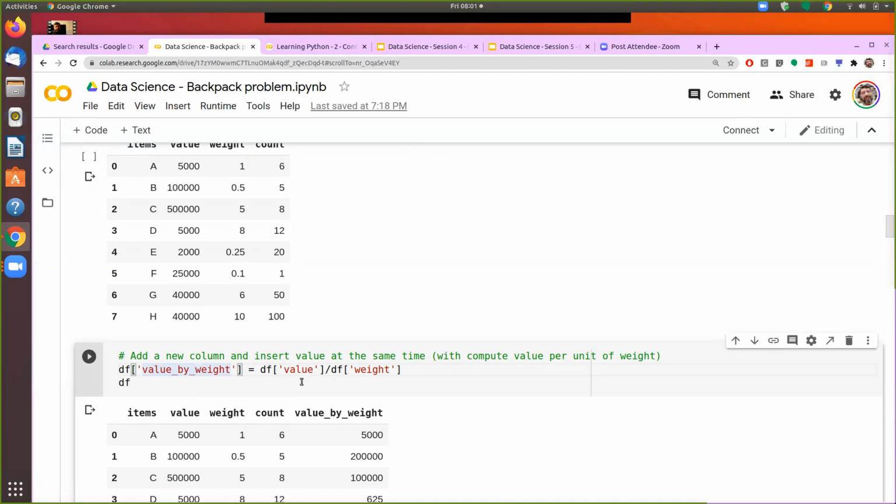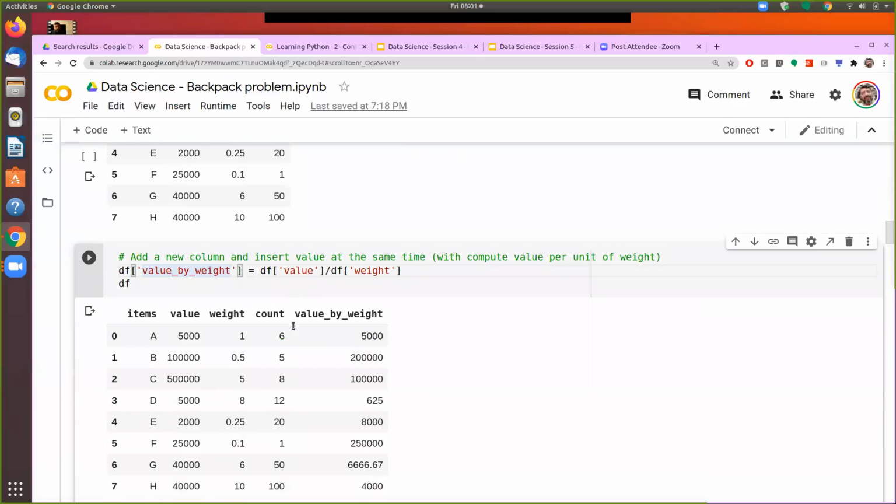We don't have to do that. And these are the benefits of operating with pandas, because the operations across the columns, operations across the table, all of these become very easy. So you just say that value by weight, and then it substitutes the value by weight for each column, column by column, and puts that under a column by name value by weight. So now we have got the value by weight.